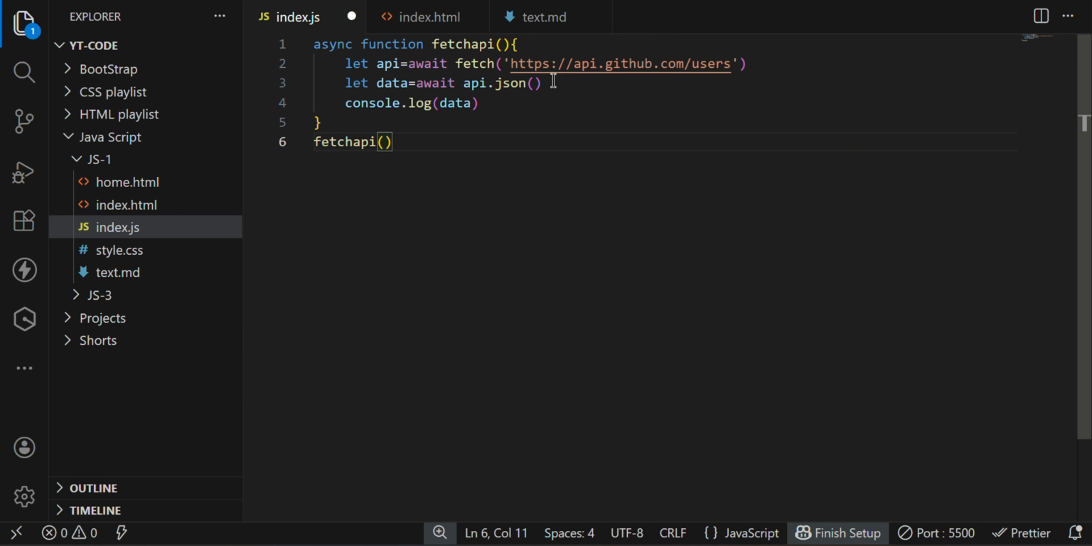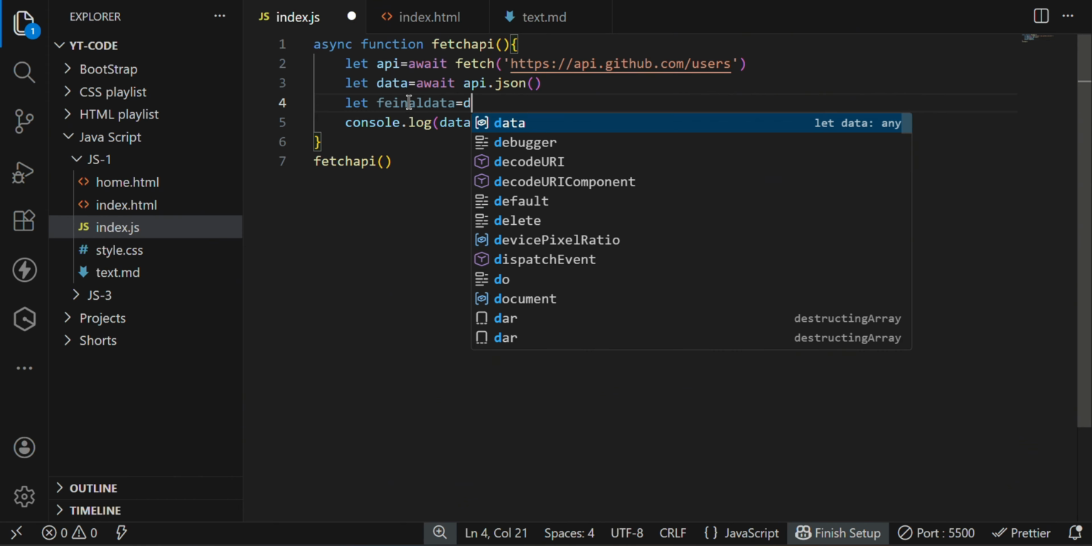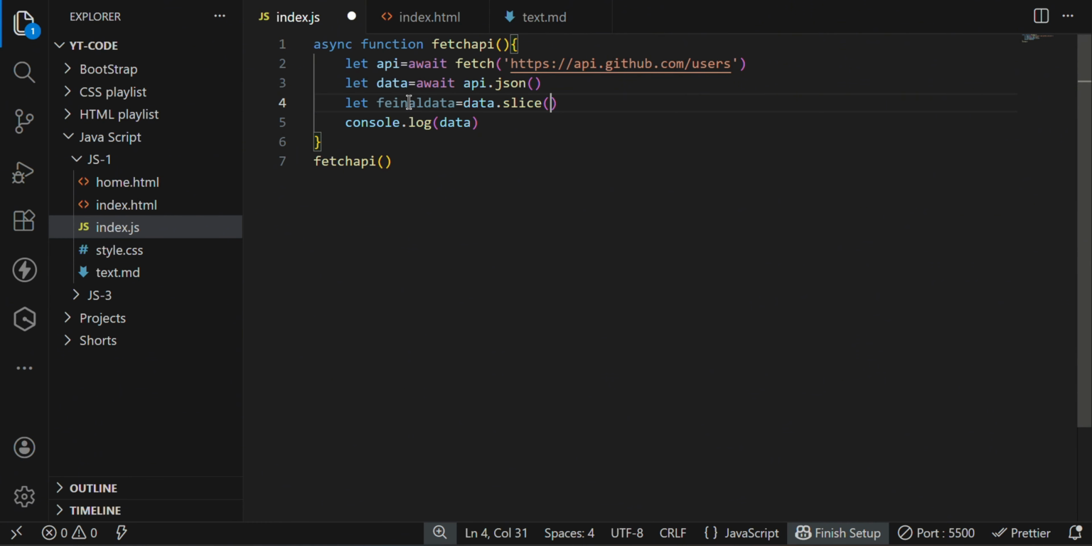That's it. And one thing: suppose you want only a few data. Generally we are getting a lot of content, but we don't want that much data. We just require the minimum data. At this time we are getting 30 items, but what if it is 300 or more? At that time I required only 10 or 15. So at that moment I will use the slice method. For that, finalData is equal to data.slice(0, 10), and then